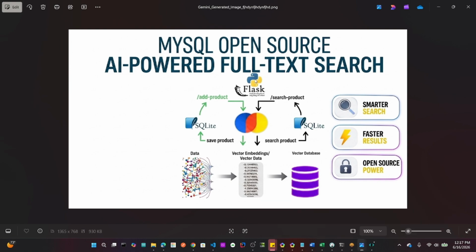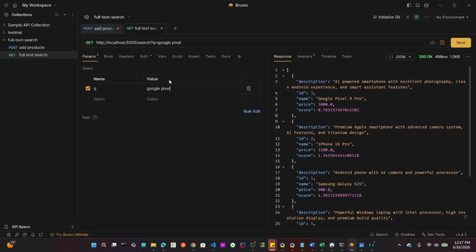So this is how you can implement full-text search, guys, in your projects using SQL, ChromaDB and Flask, or any framework of your choice, it could be FastAPI, and Python. If I want, I can say I am looking for Google Pixel. Still I get the products, the results. I even made a mistake on the spelling there, but it was able to get